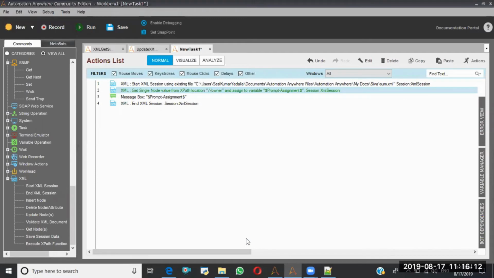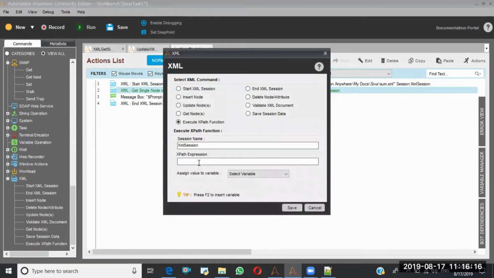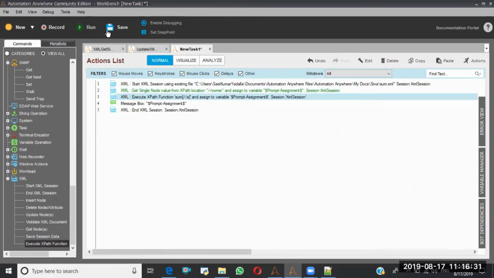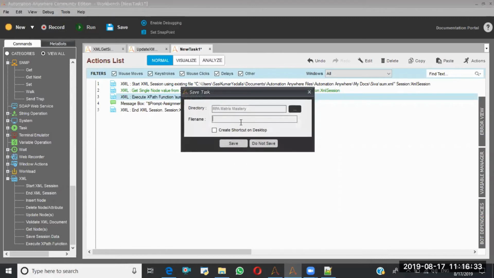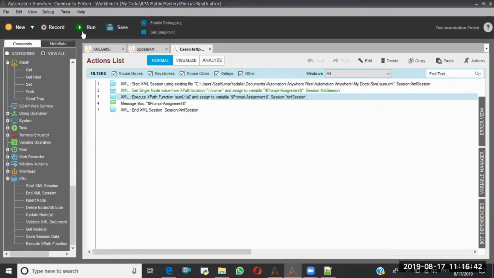So I'm disabling this command and selecting execute XPath. Here I'll say sum of a, and I'm assigning this to prompt assignment. Save, execute XPath. I'm going to run this.